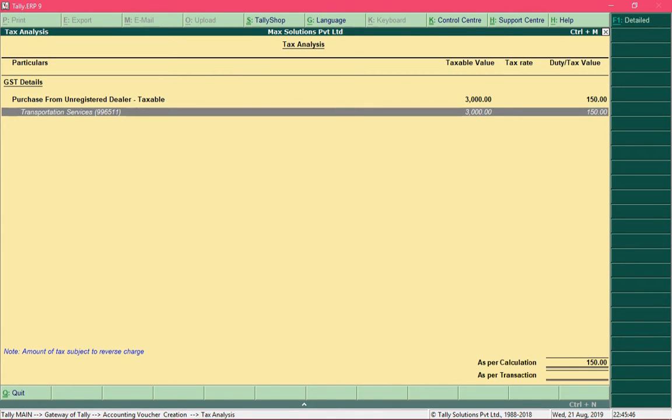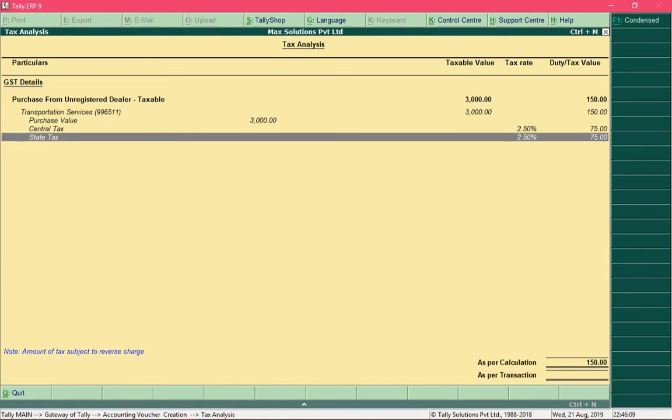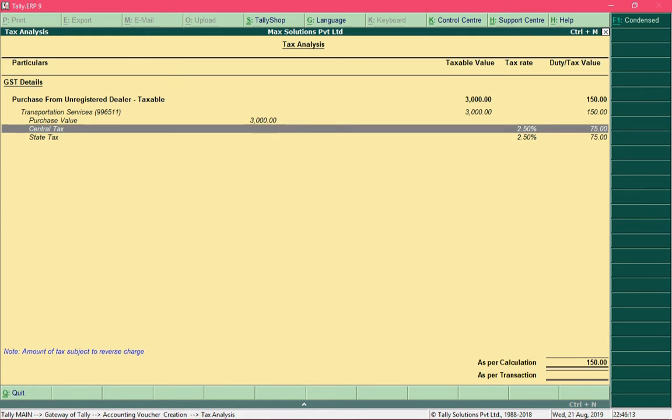So the tax analysis shows that the taxable amount is ₹3,000 and 5% of 3,000 is ₹150, and since this transaction is an intrastate transaction, because the transporter and the recipient are in the same state, therefore CGST and SGST have been calculated as ₹75 respectively.